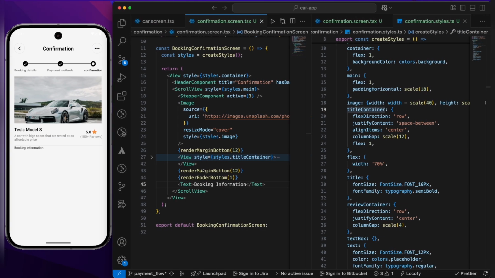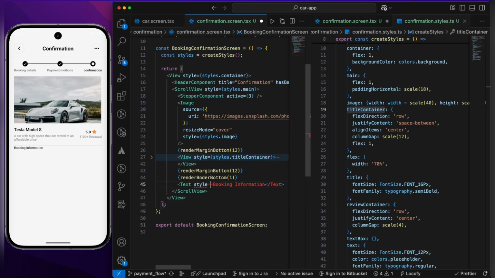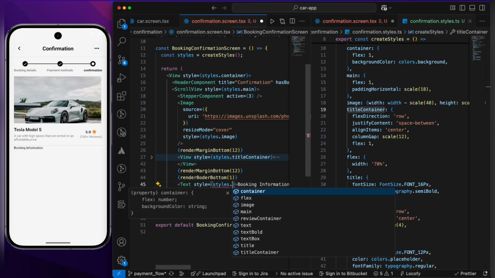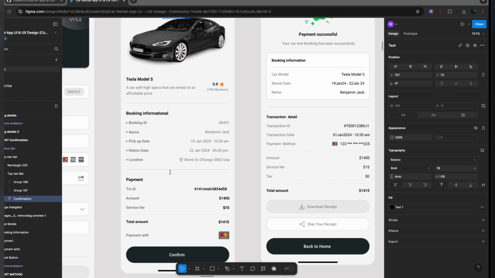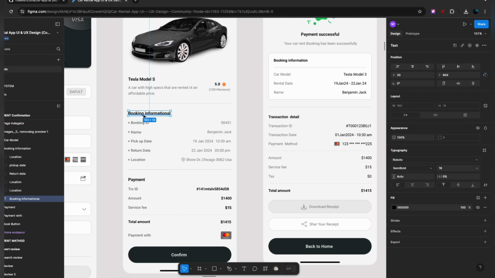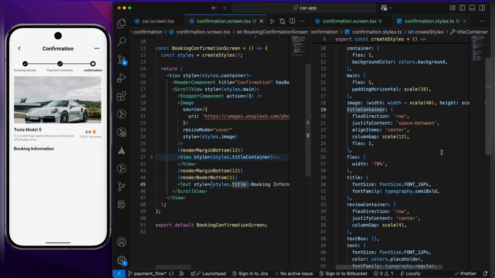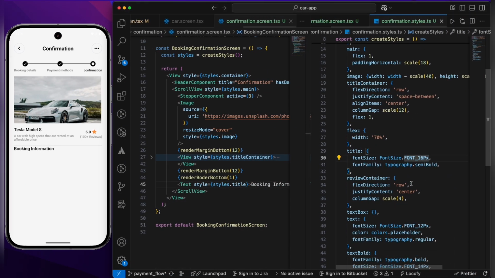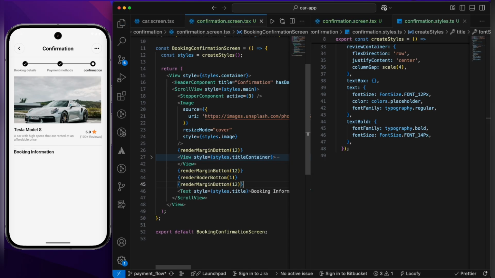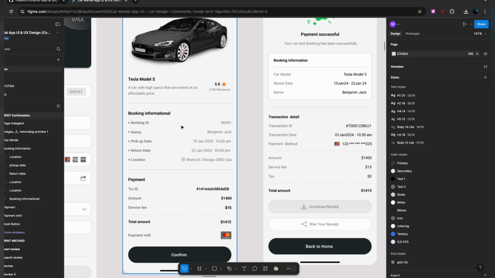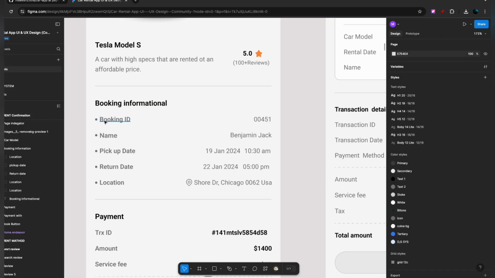Okay, and after that, let's add the style, styles dot title. Yeah, let's see how much they have given. So it is semi bold 16. Let me see how much we have. 16 semi bold. Yeah, cool. So let's add some margin bottom. Yeah, like this. And if you can clearly see that we need to add one view for this and then